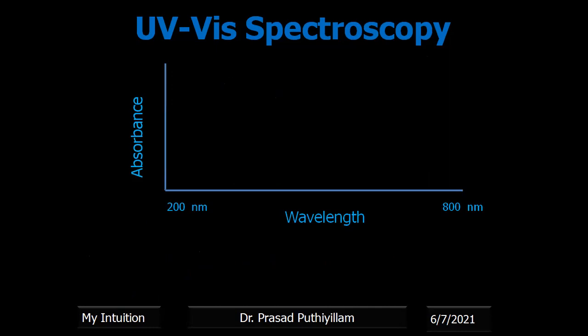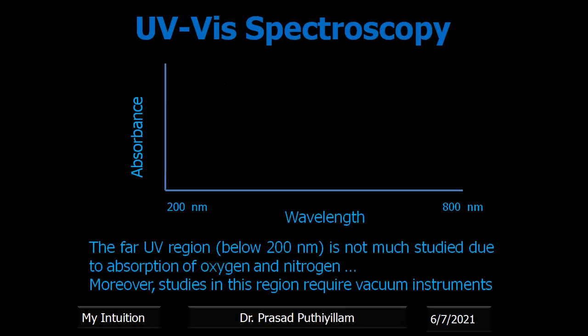Anyhow, some wavelengths which are less than 200 nanometers also come under UV, which we call the far UV region, that is below 200 nanometers. But it is not useful for us, because in that wavelength range, even the oxygen present in the atmosphere or near the sample, or the nitrogen gas near the sample, because we know the atmosphere contains these three gases, they also will absorb the UV radiation of the far UV region, and it will interfere with our result. To avoid that, to separate the oxygen and nitrogen from the environment, we have to create a vacuum there.